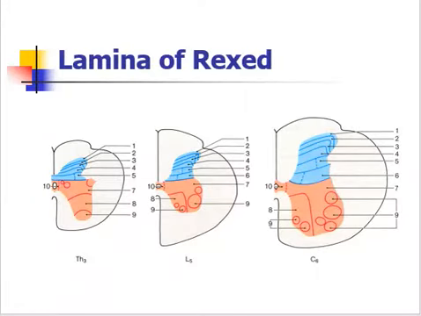Next we are coming to the organization of the neurons in the gray matter. The organization of the neurons in the gray matter of the spinal cord is described by two methods. Before that, we have to know about the gray matter as well as the white matter. There are two types of matter: one is gray matter, one is white matter. Now we focus on the gray matter, which is divided into two approaches: one is nuclei or columns, the other is laminae or layers.